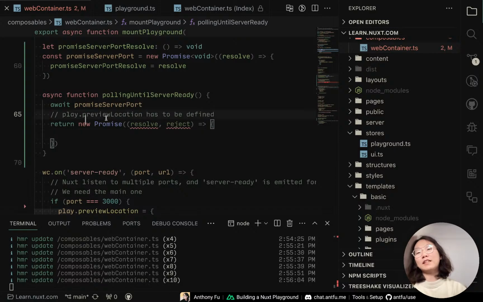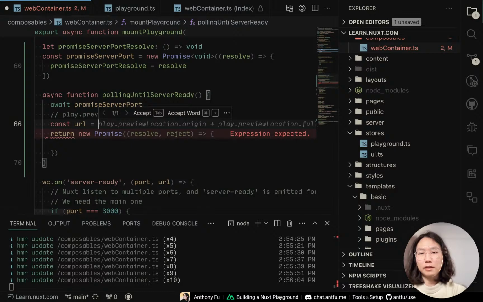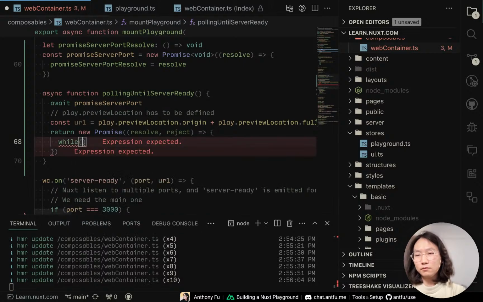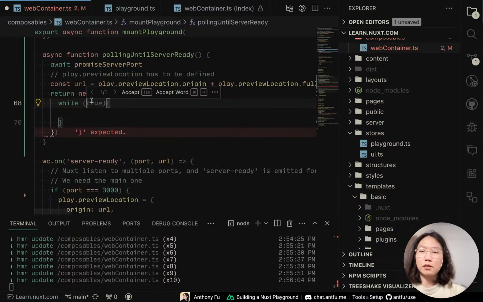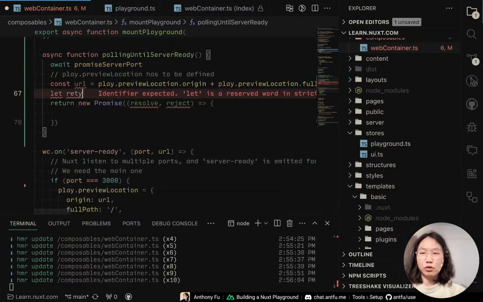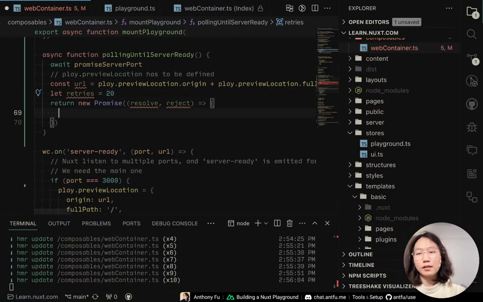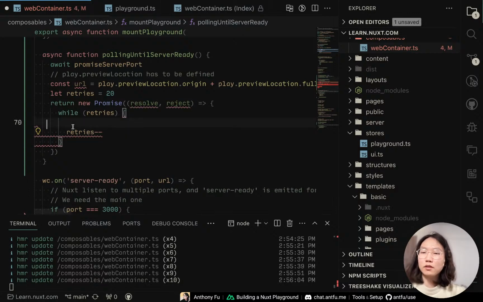And here we basically have the preview location to be ready, and then we have a URL we just added in. And now we basically try a while loop. I'm not sure, maybe let's do while true, or maybe we can do a few retries. So let's try retries, say 20 retries. While that retry is still true, after that we just retry minus 1. So it will be 20, then 19, and until it reaches 0, the while loop will